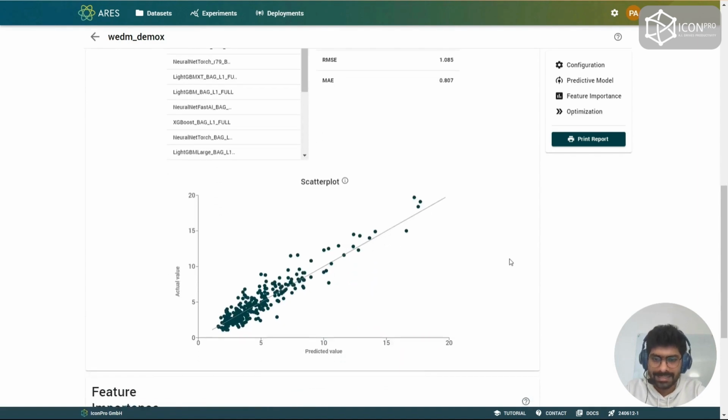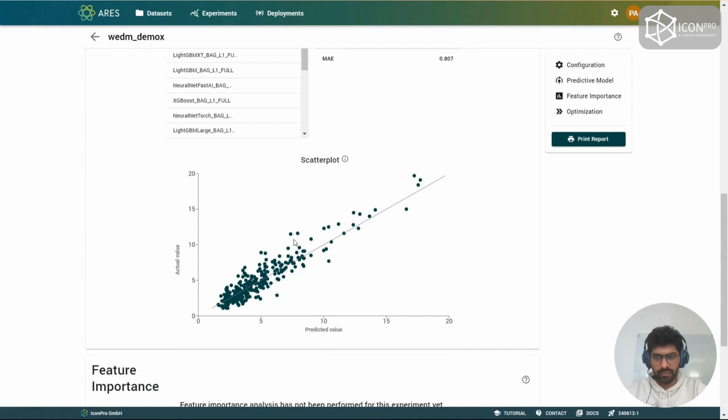Scrolling down, we see a scatter plot which plots the actual value that is recorded against the value that is predicted by the model. Values close to the 45-degree line state that the prediction is close to optimal, with very little error.